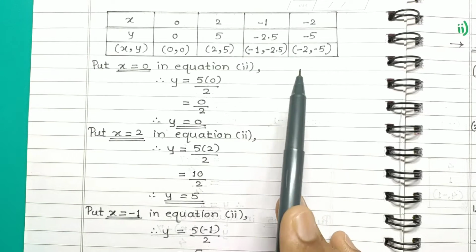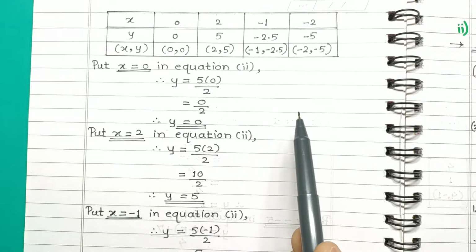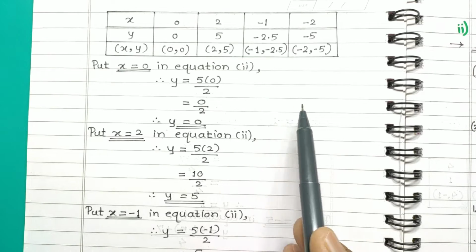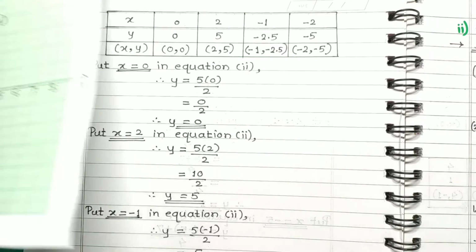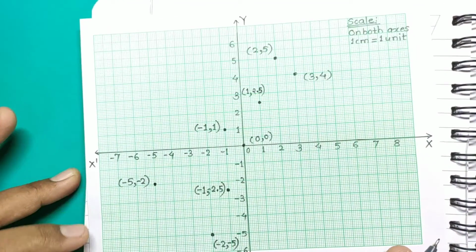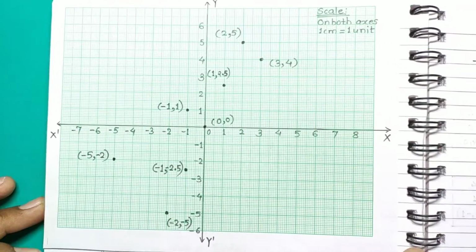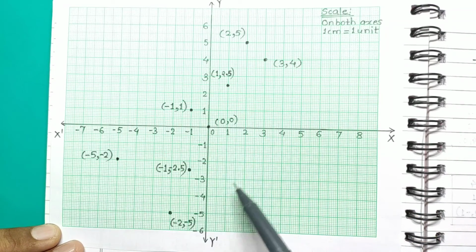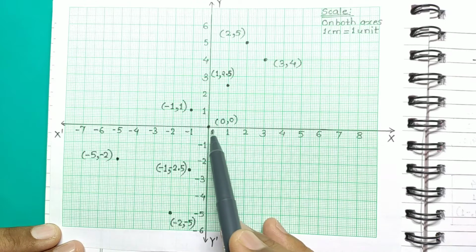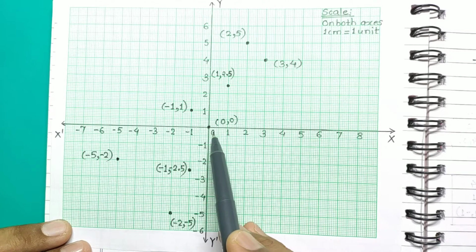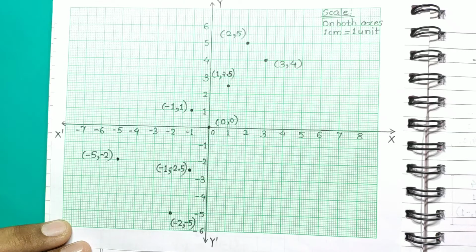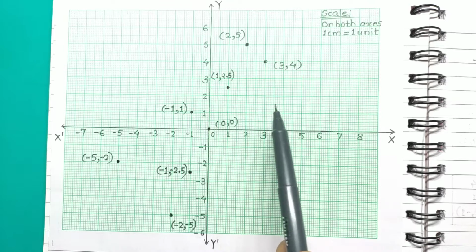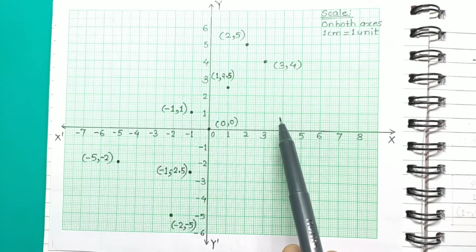Now let's plot all these 8 points we got in the tables for drawing the graphs of the given two linear equations. To save time, I have already plotted these points on graph paper. See, here it is the x-axis, the y-axis, and their intersection. I have denoted it by coordinates 0, 0. It is the origin. Students, for the concept of coordinates of points in a plane, you can get the link in the description below.